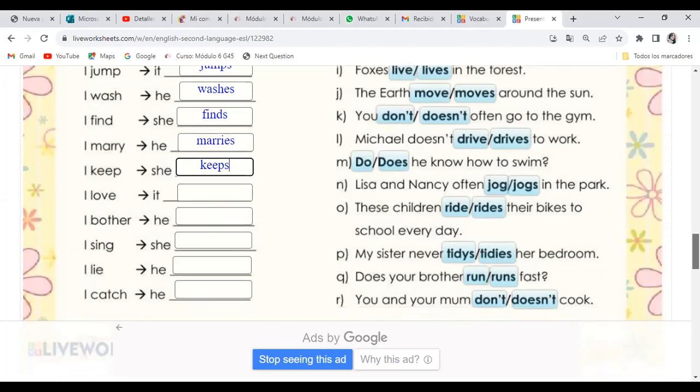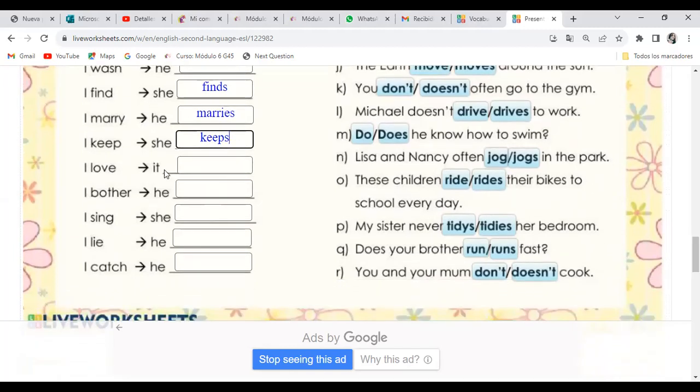Ahora, si estamos hablando, por ejemplo, de un perro, o de mi mascota, pues la mascota no es él ni ella, ¿están de acuerdo? Se puede sustituir por el pronombre it, porque si estoy hablando de un gato, de un perro, de un conejo, etcétera, lo puedo sustituir por el pronombre it. Entonces, si yo digo, a mi perro le encanta el pollo, simplemente digo, my dog is a puppy and it loves chicken. It loves. Right? We only add S.